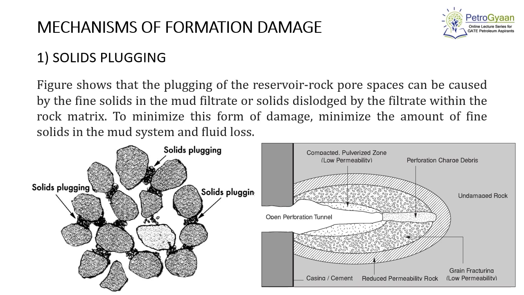In mechanisms of formation damage, first we will see solid plugging. The solid plugging is caused either by the drilling activity, workover activity, or at the time of completion while we are doing the perforation. So during drilling or a workover operation, when we use mud as a medium, we are using solids such as bentonite clay, and those particles will filtrate into the formation, and as you can see in this figure, it will block the pore space, and when it blocks the pore space, it will not allow the flow of fluid.